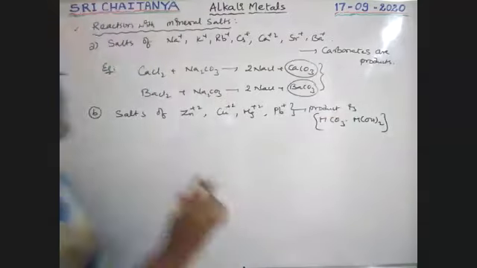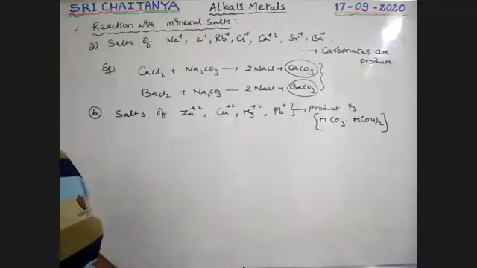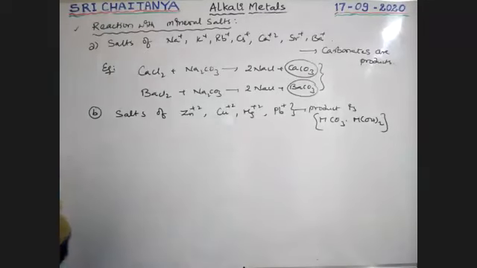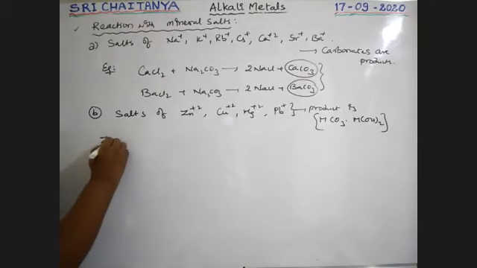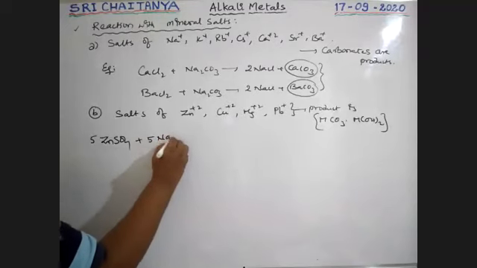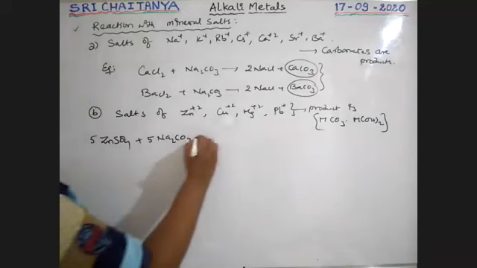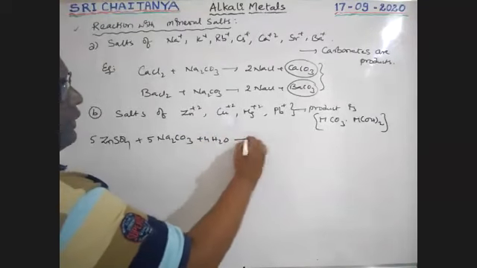Carbonate with hydroxide addition compounds are formed. See here what happened. When 5 moles of ZnSO4, zinc sulfate, reacts with 5 moles of Na2CO3, with 4 moles of water,